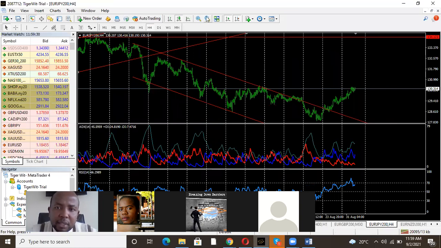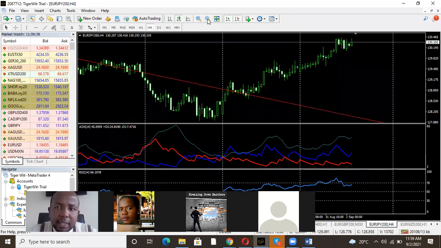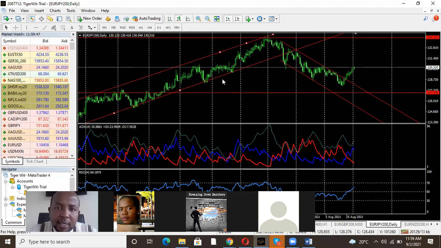Just a minute, let me zoom in. Yeah, you can see it's trending. So this pair moves very fast. So for the candlesticks, the idea is to understand, number one, support and resistance areas. Let me use D1 again, because at least on D1 I can see my support and resistance area.